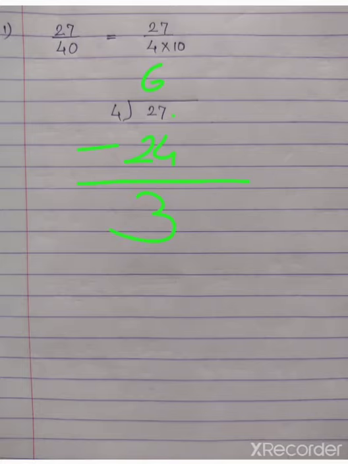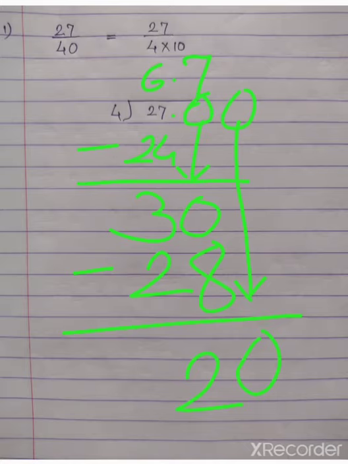So now write down here decimal point at two places and take 0 next to dividend and take this 0 to remainder. So again from this 30, 28 can be subtracted. So 4 7s are 28. So similarly here subtraction is 2. Next again take 0 and take it next to remainder.